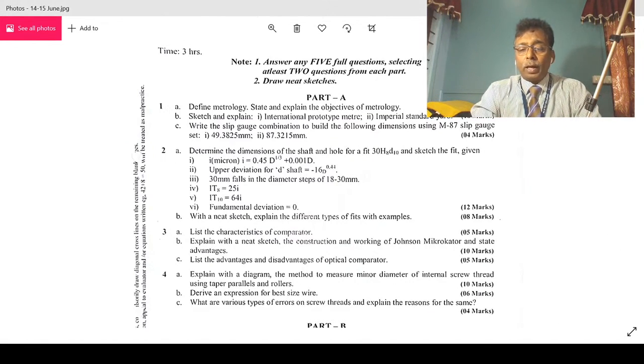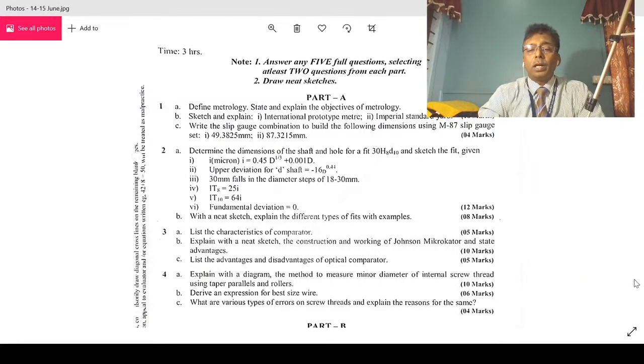Let me just check. Go back to the notes. I will show you how this problem could be solved. Let me see if I have the solution here. Can you see this? These are end bar problems. Okay. Let us solve. Let us take this example. Let us solve one problem here. See, this is an M112 example. Build a 58.975 using M112 set.